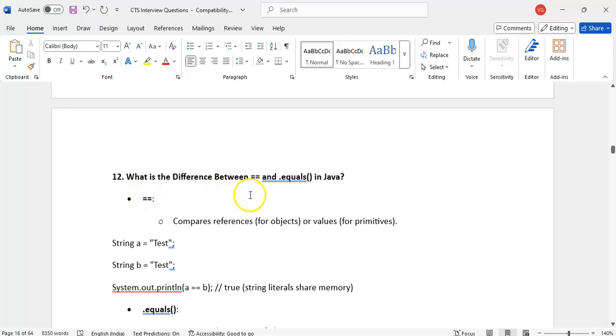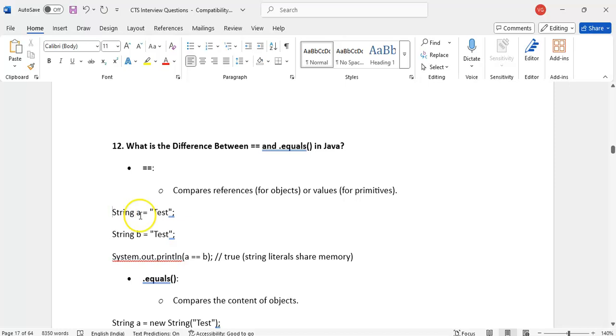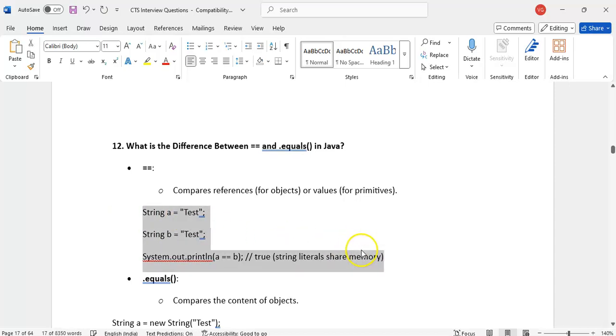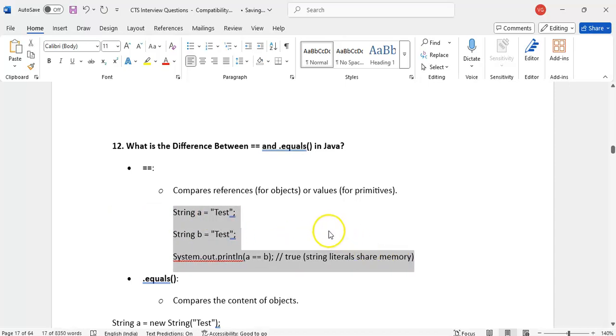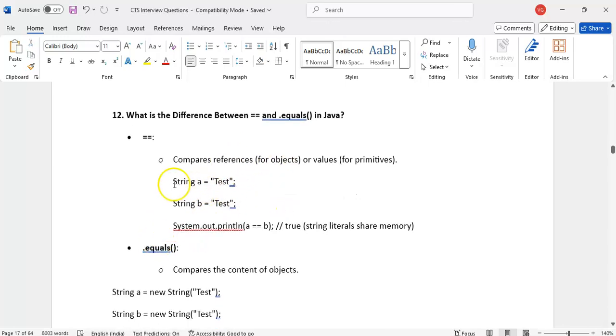Right, then what is the difference between double equal and equals? Double equal will compare memory addresses. Suppose I create strings like this, A and B: the memory address will be the same because they are created in the string constant pool. If you want more detail,